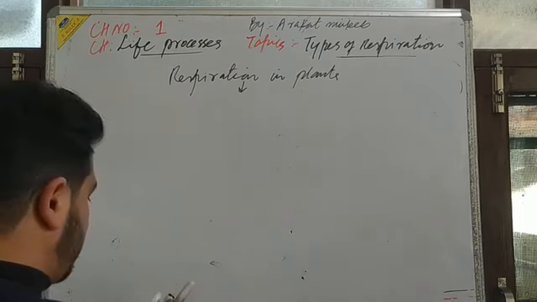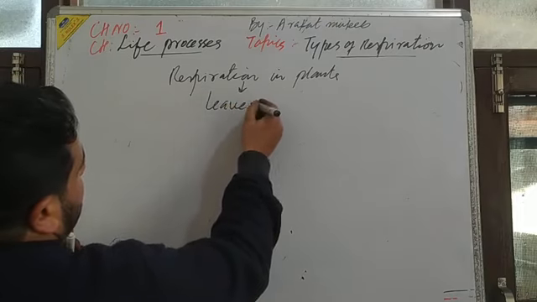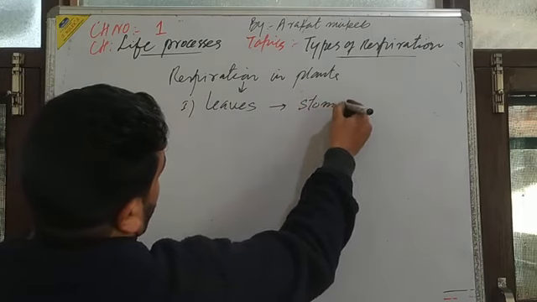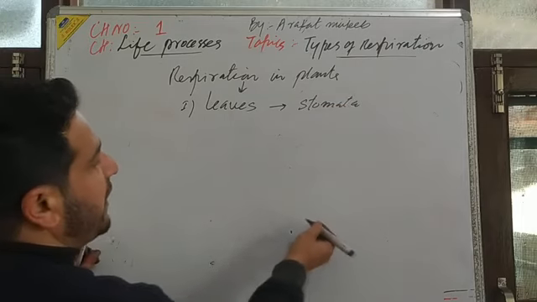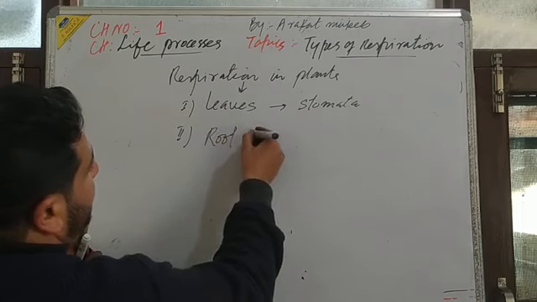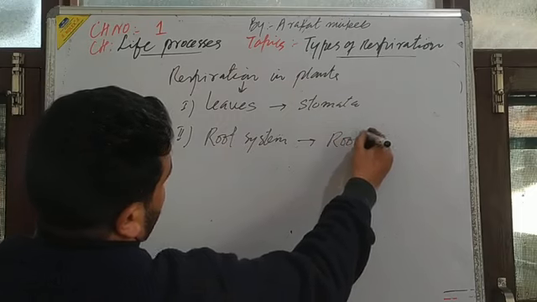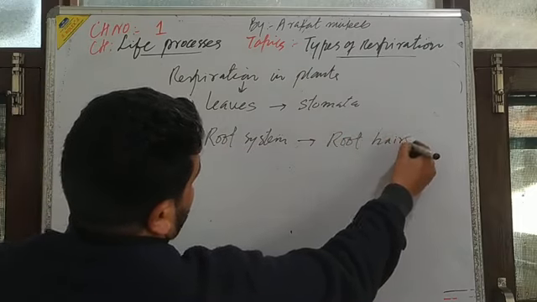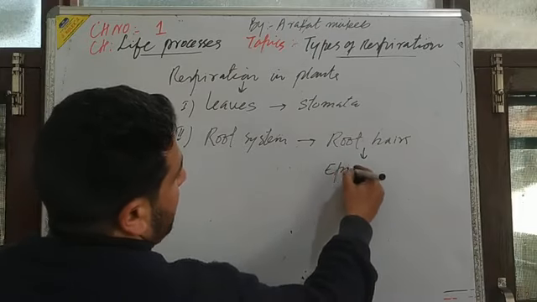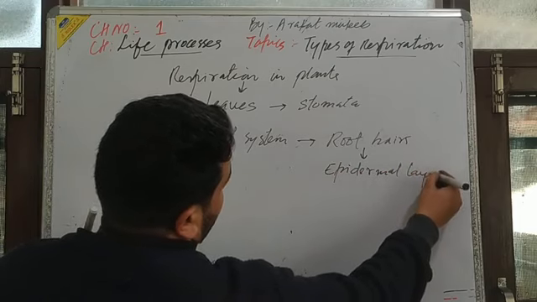प्लांट्स में जो रेस्पिरेशन होती है वो होती है लीव्स में. फर्स्ट लीव्स में क्या होता है, स्टोमेटा, जिनके कारण ये ऑक्सीजन गैस ले पाते. सेकंड रूट्स में, रूट सिस्टम में क्या होते हैं, रूट हेयर्स. These root hairs are superficially covered by epidermal layer, thin epidermal layer of cells,